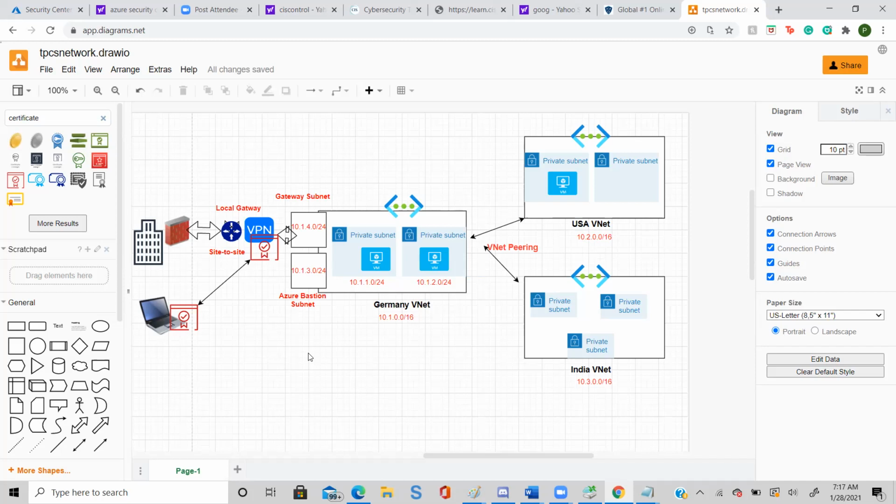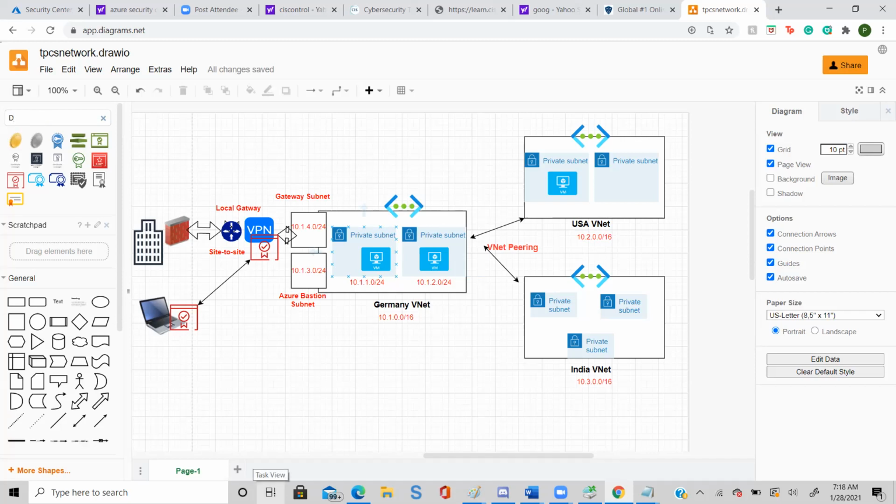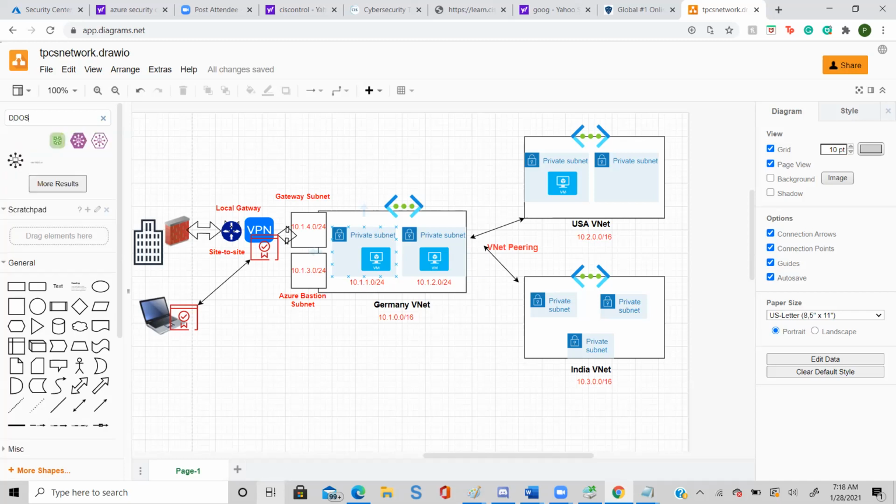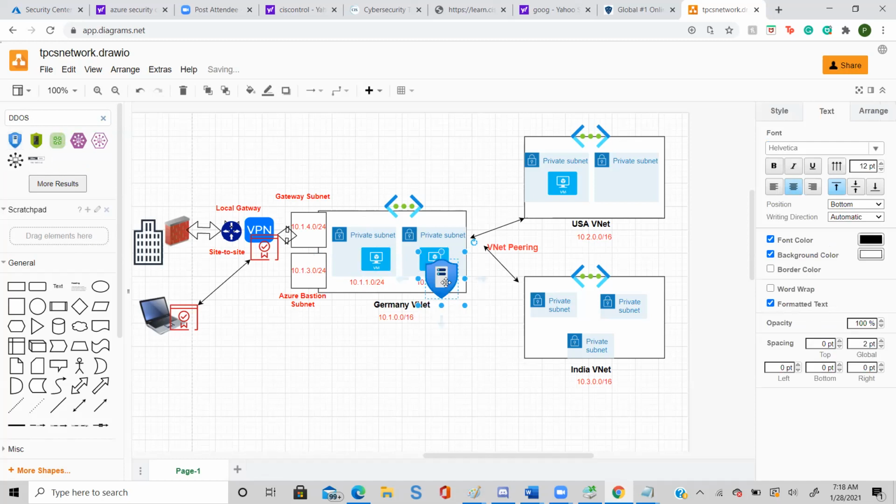Sometimes it allows that traffic to enter your network, which raises the chance of your network being hacked. To protect against that, there is a feature in Azure called DDoS protection. I'm going to put my Germany network under DDoS protection. So I'm using DDoS protection now.